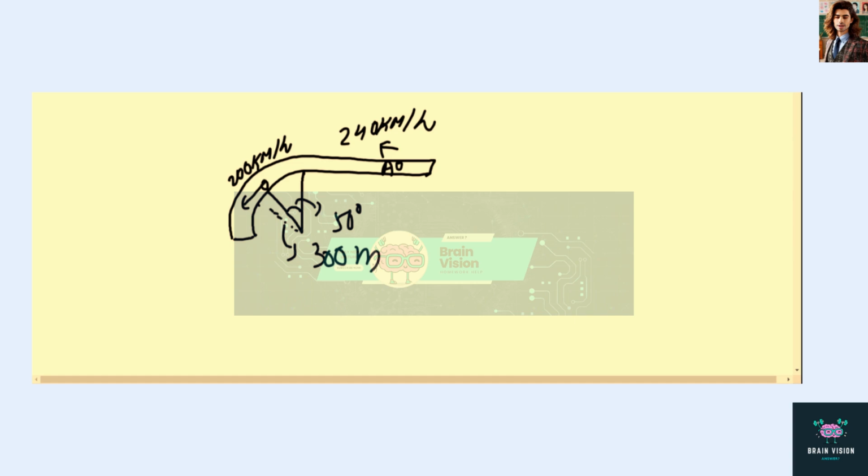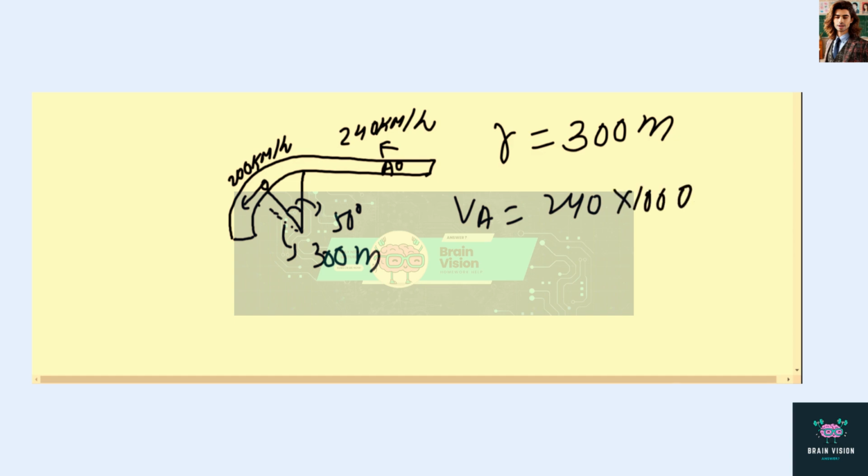So this radius R is 300 meter, and the velocity of A, which is 240 km per hour, we will convert into meter per second because we are dealing with SI units. So we will multiply by 1000 to convert into meters, and divide by 3600 to convert into seconds. After the calculation, VA finally becomes